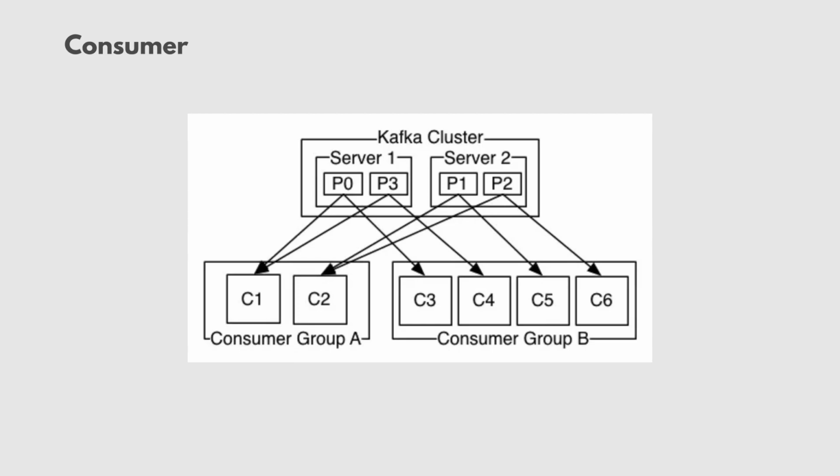And in the case of group A, because there aren't a lot of group members within group A, each consumer gets 2 partitions, but they don't have to share from each partition, right? Each one of them gets individual partitions. So in the case of C1, it gets P0 and P3 from server 1, but C2 doesn't even want anything from server 1 because C1 already has everything in server 1. So it's just going to get everything from server 2, which is P1 and P2. Everybody gets their own piece of the pie. It's all individual, it's all unique, right? Nobody has to share the piece.